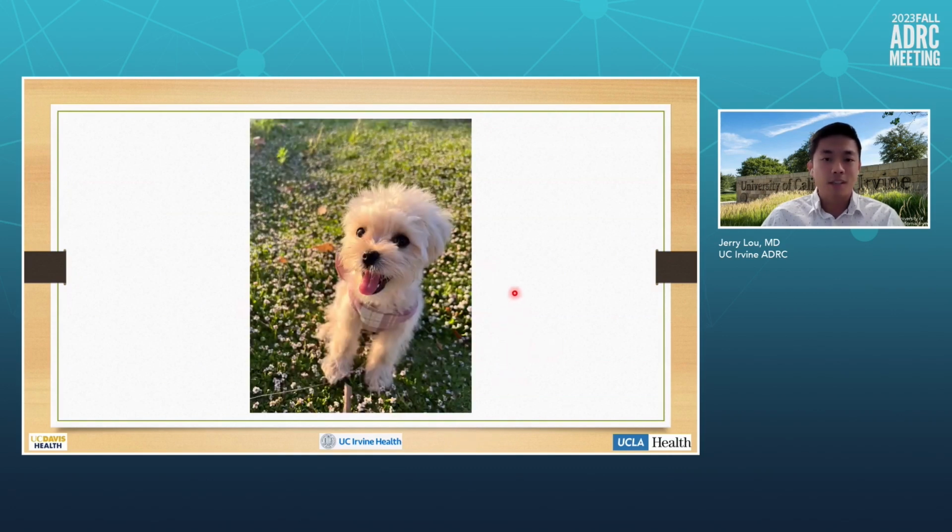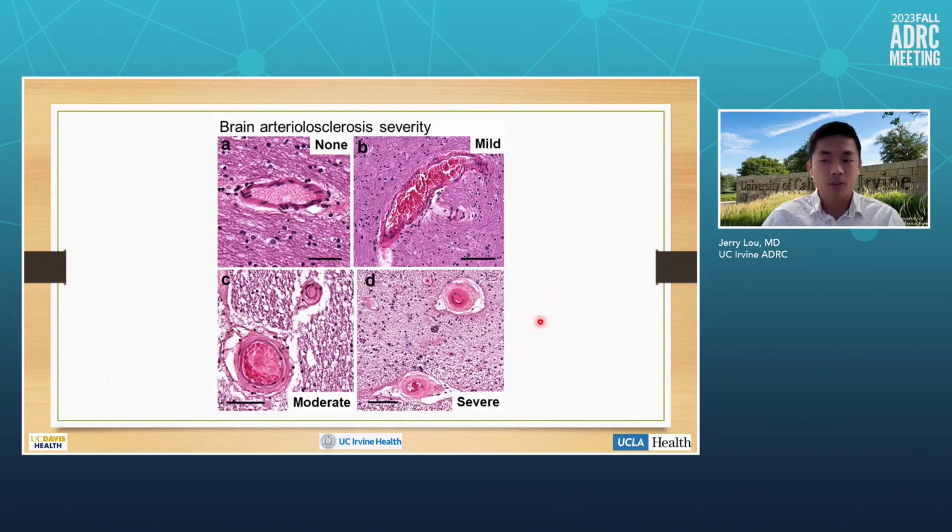And finally, in this high granularity image, we can analyze detailed morphological features sufficiently to recognize that this is a multi-poo. And she's actually my dog, a very cute picture of her when she was 6 months old. Similarly, the idea is perhaps increasing granularity of data on neuropathological features may reveal to us a better picture of Alzheimer's disease. Zooming back in from the 10,000-foot view, our project specifically focuses on arteriolosclerosis, for which a semi-quantitative scale